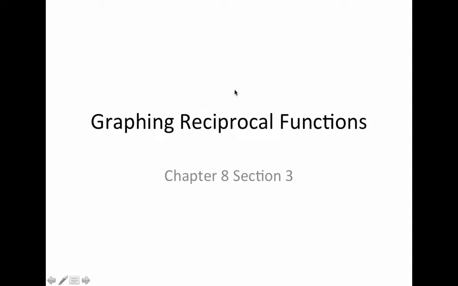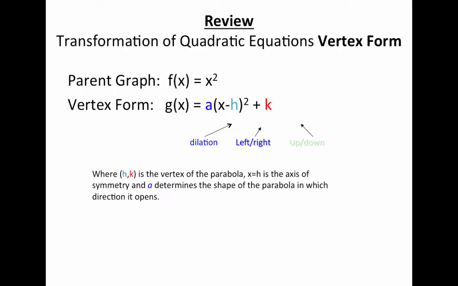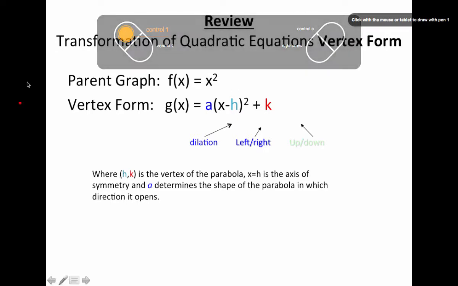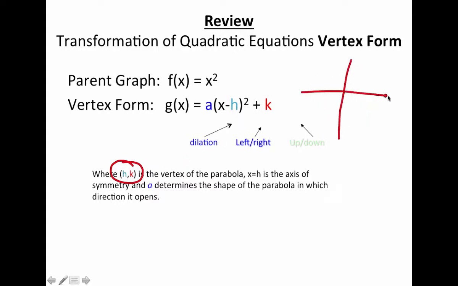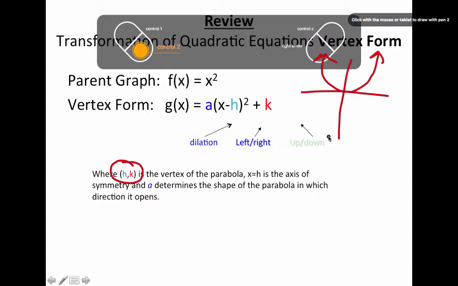Okay, we're going to graph reciprocal functions, chapter 8, section 3. First thing we want to do is remember what quadratic functions look like in vertex form. So if we remember, the vertex was at (h, k), and then a had to do with opening up or opening down. So we had our parent function y equals x squared was here,